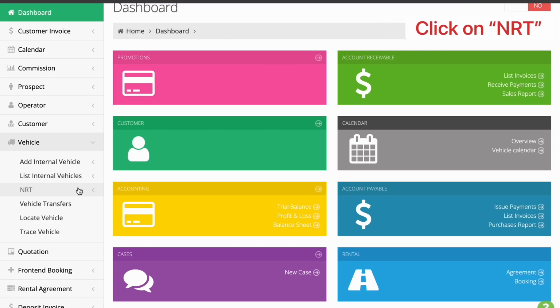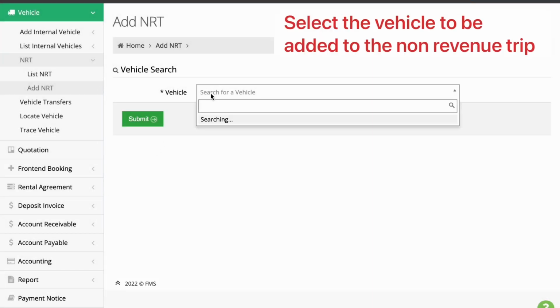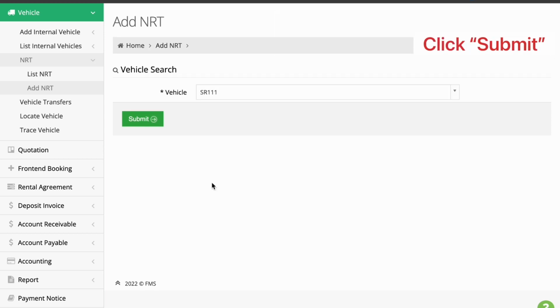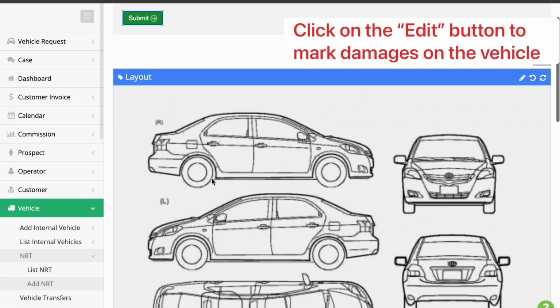Click on the vehicle module and choose NRT, then choose Add NRT. Select the vehicle to be added to the non-revenue trip. Click Submit to proceed. To mark the damages of the vehicle in the 2D drawing, click on the Edit button,